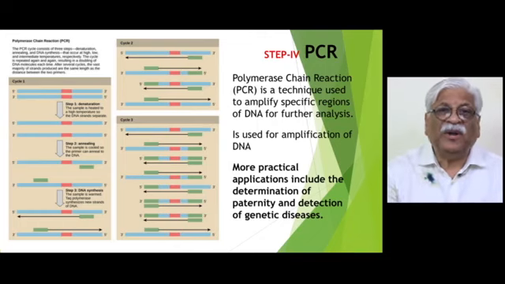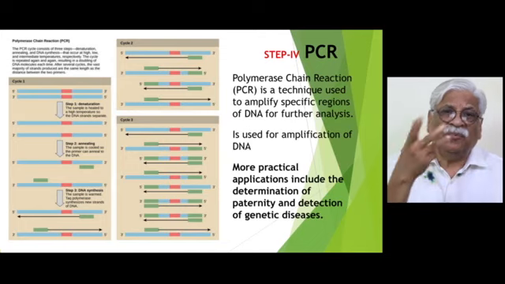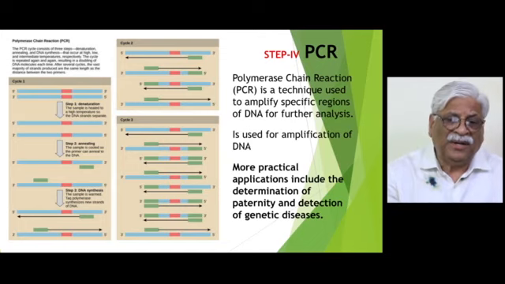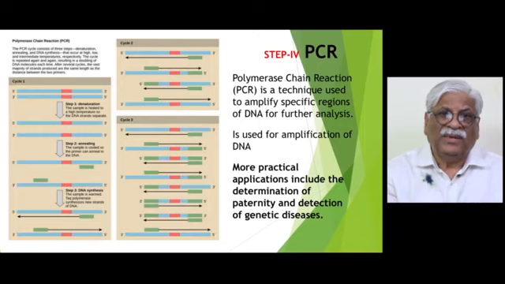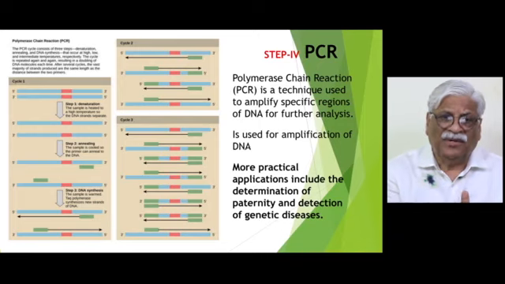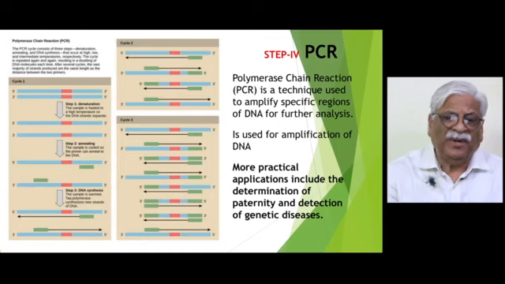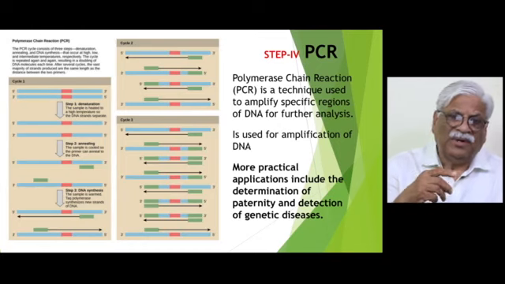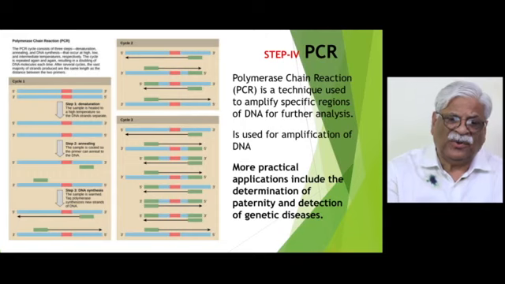The technique is basically based on a high temperature, like 90 degrees, where the DNA breaks down. Then immediately the temperature is lowered, and a specific enzyme is added which works under this particular condition and synthesizes the DNA. So a cycle goes on: high temperature, low temperature, high temperature, low temperature, and